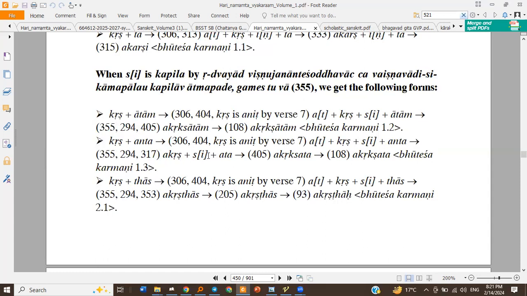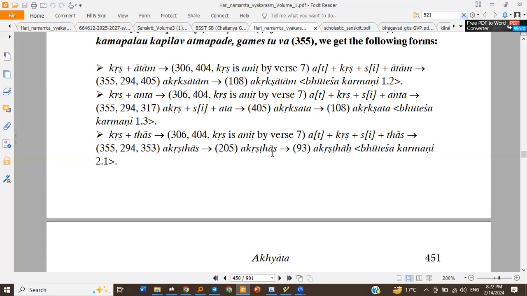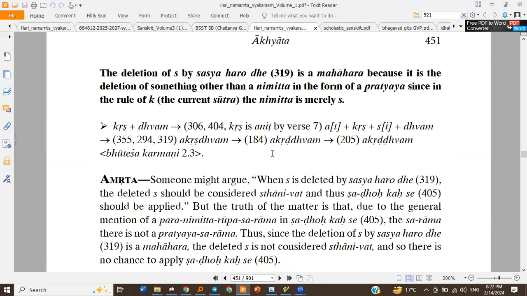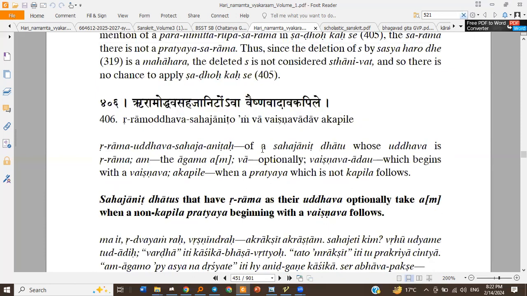Akrikshatam. Krish plus Atam, this is Atmapada 1.2, Dhatu Puramat Sirbhuteshe. So here, this Atam C is actually Kapila by the Sutra 355, Ridvayad Vishnu Janant Ishuddhavacha Vaishnavadi C Kamapalo Kapila Vadmapade Gamestuva. So that's why there is no Govinda or Vrishnendra done. So Akrikshatam, Akrikshata ityadi, Akrishta. And then Akridhvam. The next sutra says